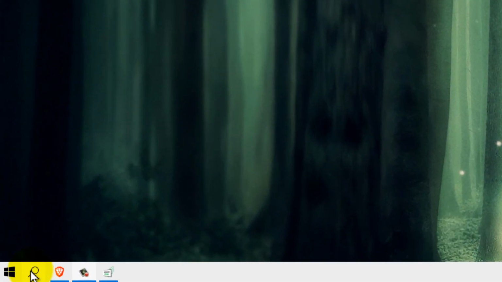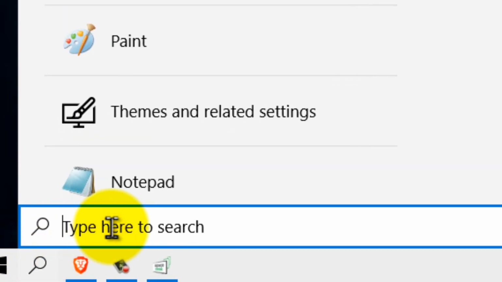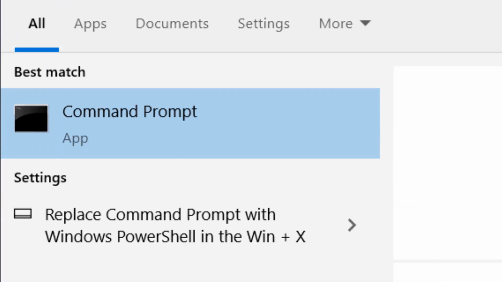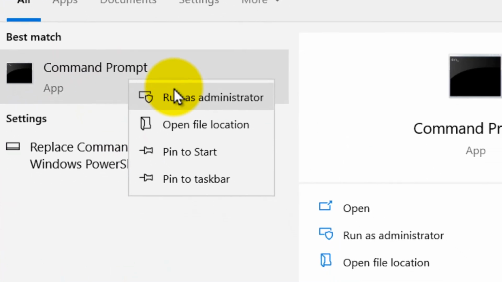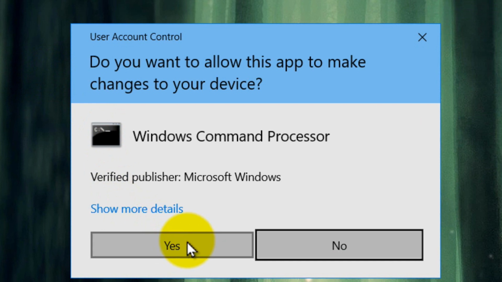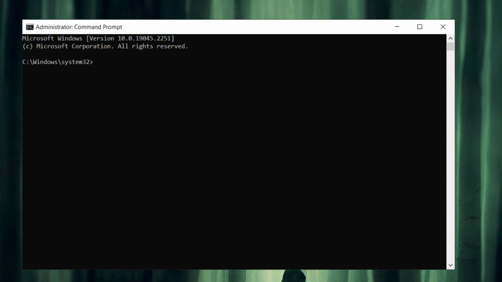So what you have to do is go here in the search bar and write CMD, then right-click on Command Prompt, select Run as administrator, and then select Yes. And here in the command prompt, please